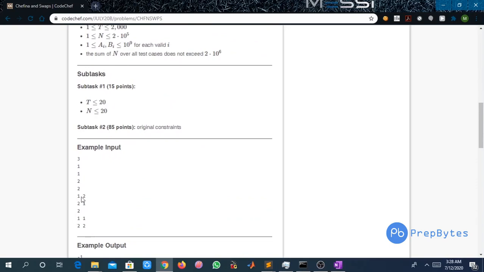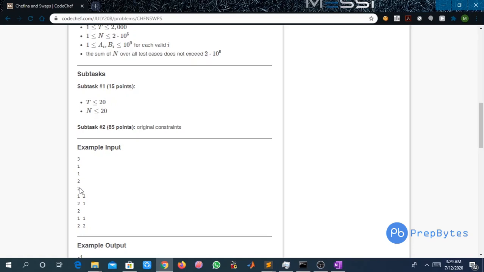So let us try to understand the input which is given to us. Here 3 is the number of test cases, and for each test case there is n, the length of the sequence, then the elements of array A and the elements of array B. As n equals 1 in the first test case, only one element of array A and one element of array B is present.